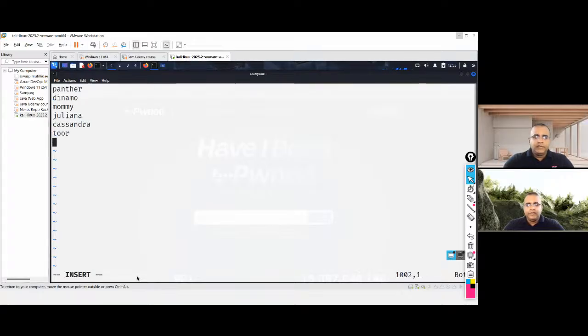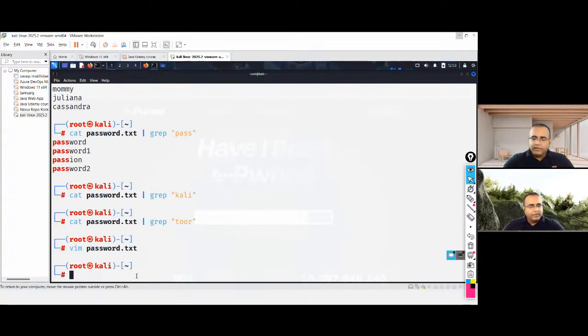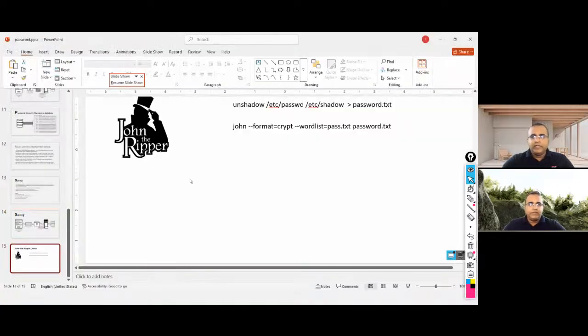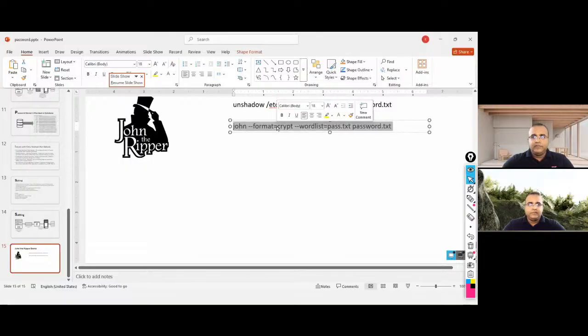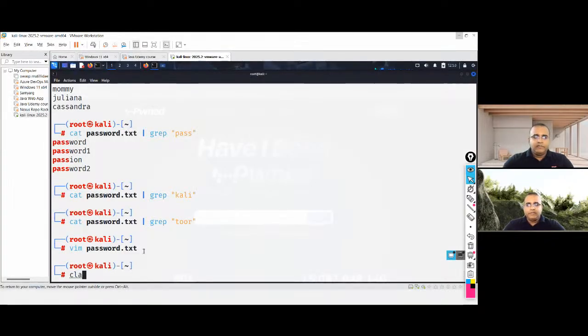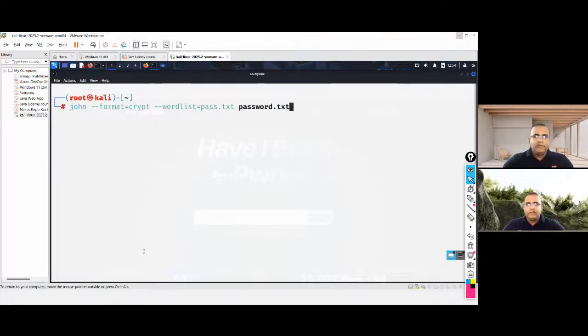First password is toor, kali and pass. Okay, and it is going to try all the combinations for all 4 users. Okay, you can see what is the command for that. Right, so here it is very simple. This is containing the shadow file where it is going to have all the things, and the password list. It was there in the password.txt file.